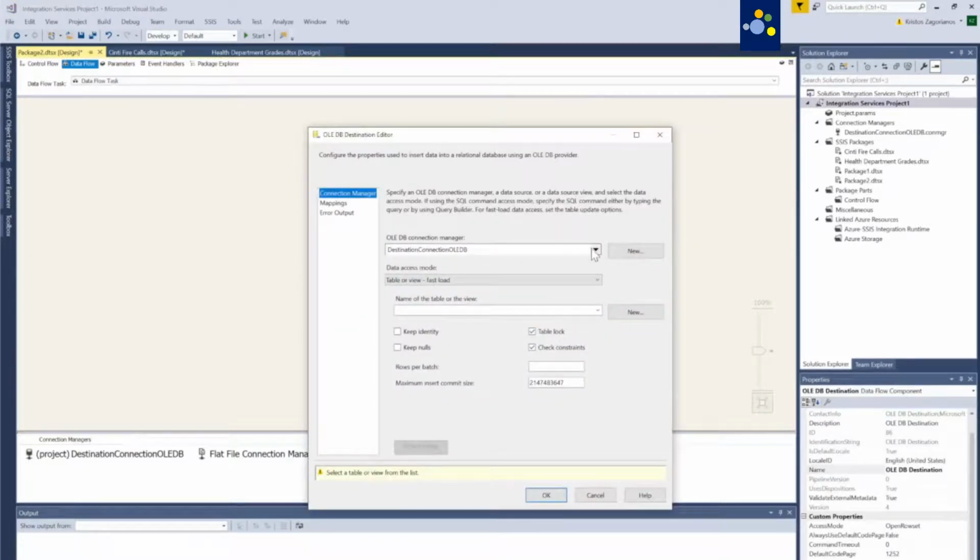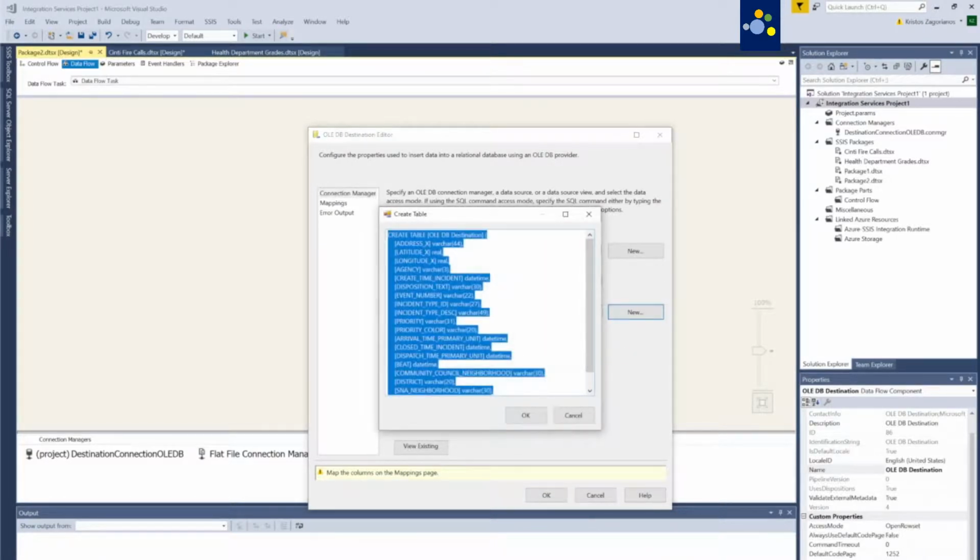But now we've got to pick where we want this to go, right? So I've already set up in SSIS, in Visual Studio, a connection to my database, and that's this destination connection OLE DB. I'm going to skip over this because it can be a little more complicated. But I need to know where to put it. So right now, I don't want to overwrite these two tables, so I'm going to choose new. So your DBA could quickly just add new. What we're looking at here is the SQL that is basically generated behind the scenes to create the table.